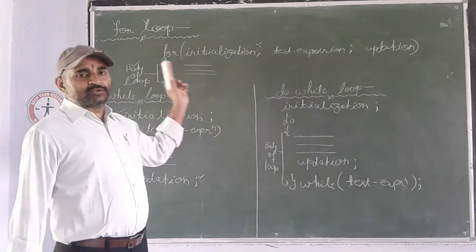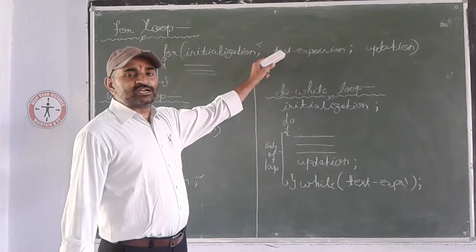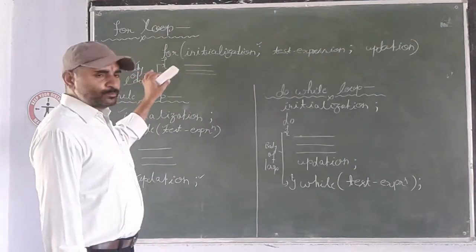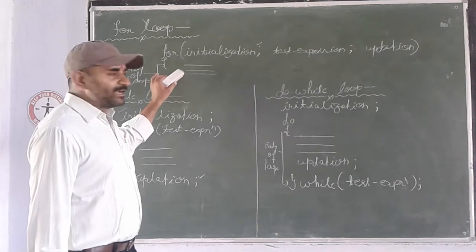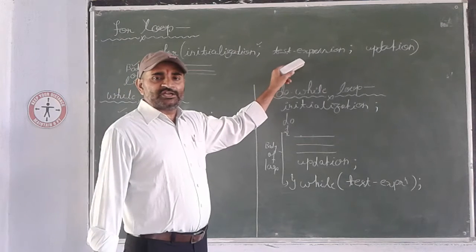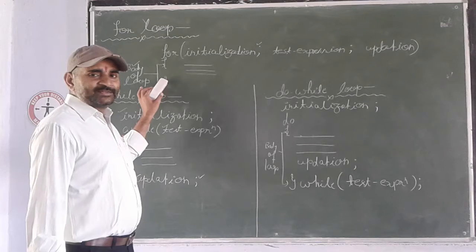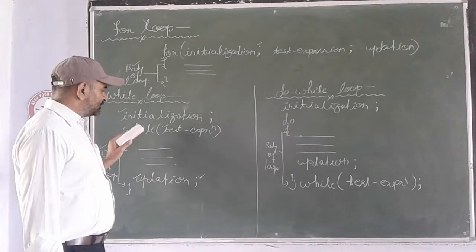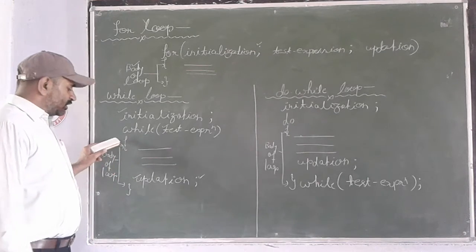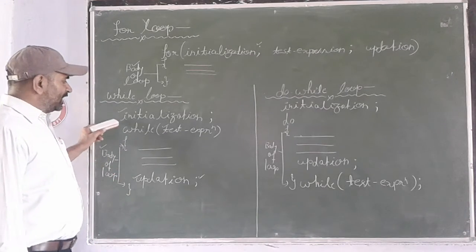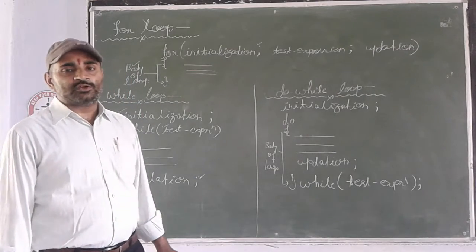Come back to the for loop. Here you can see if this condition is true, then control will enter the body of the loop. It means the entry into the body of the loop depends on the condition. So the condition is given first, then the body of the loop is defined. Same thing is happening in the case of the while loop. Condition is given first, then the body of the loop. So while loop and for loop are both known as entry controlled loops.